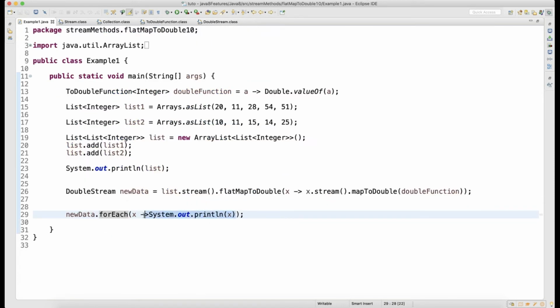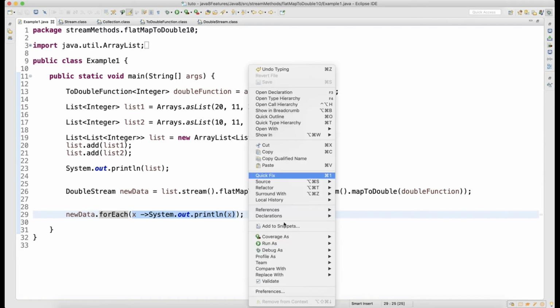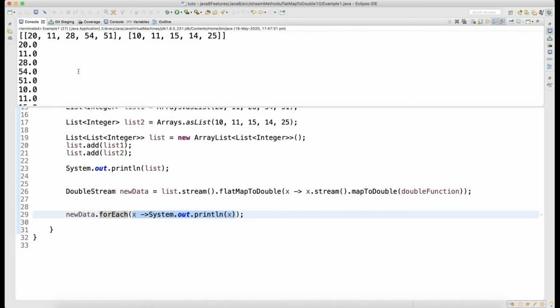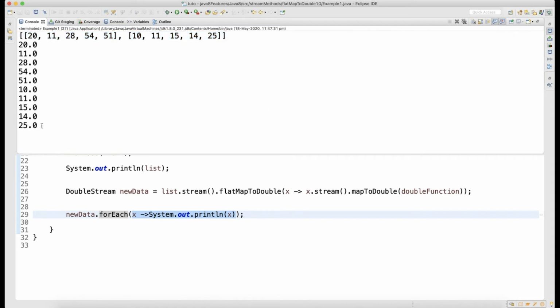So this is your double consumer, x mapped to println, which means all your records will get mapped and printed. You can see that this one was the beginning one, and then what happens when you map to the flat one, this is the output, right?